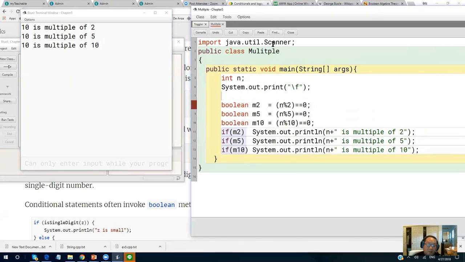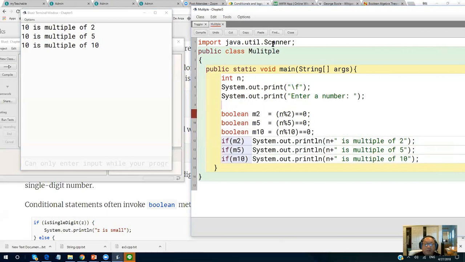Here I say, actually, enter a number, right? And then I say scan. I taught you this already, right? Scanner for the I/O part, right?